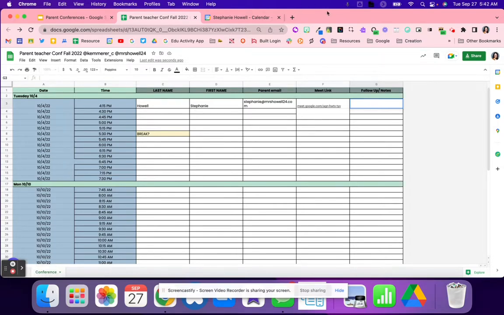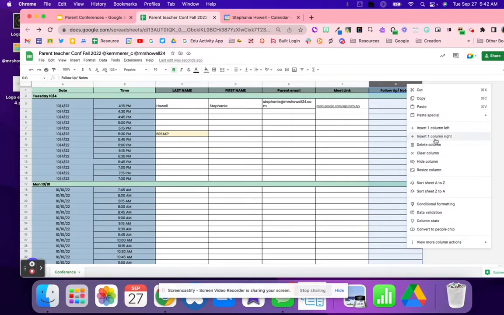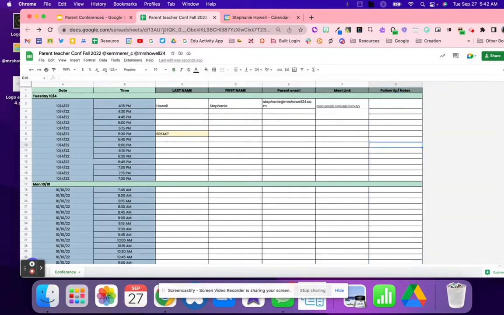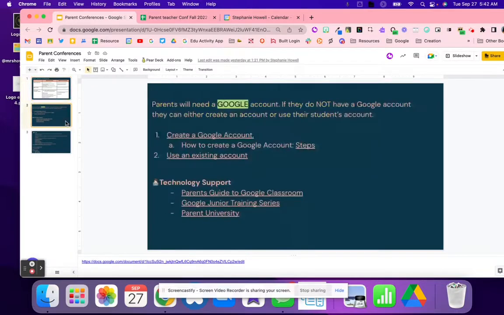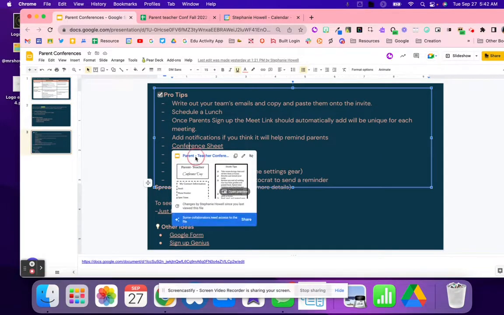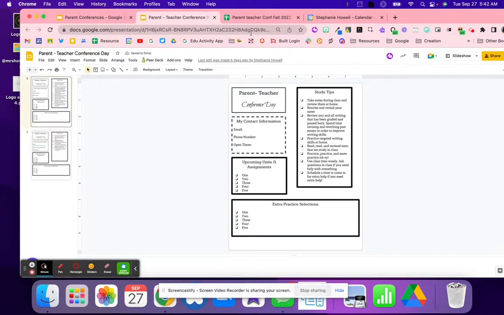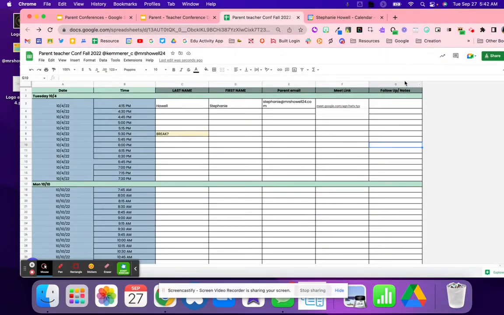I can also make additional tabs if I wanted to, or additional columns. I would just make them to the right, and then I could put iReady scores or different information about each different child, so it's all in one document. Also on this sheet, there are so many different resources where I might have maybe this conference sheet for each kid, and I can then copy and paste that as well on here, and then I can look at it while I'm sharing,